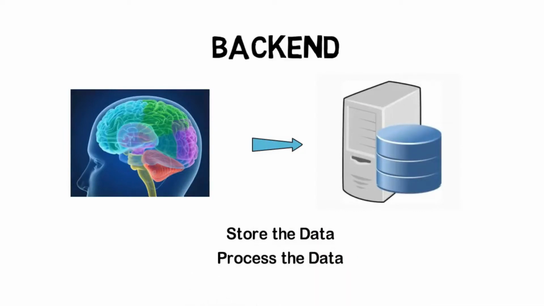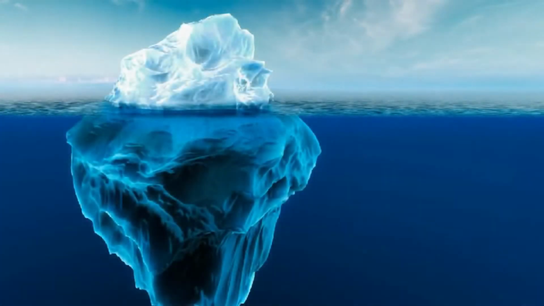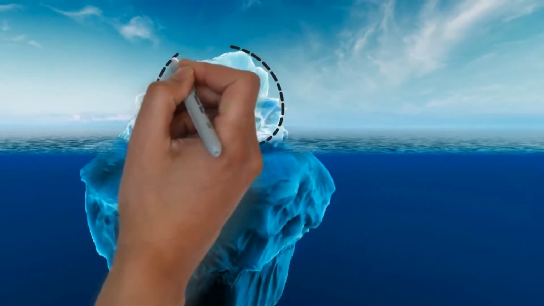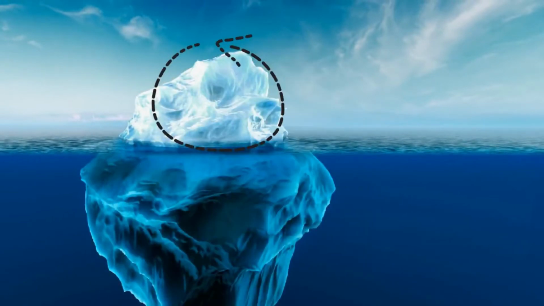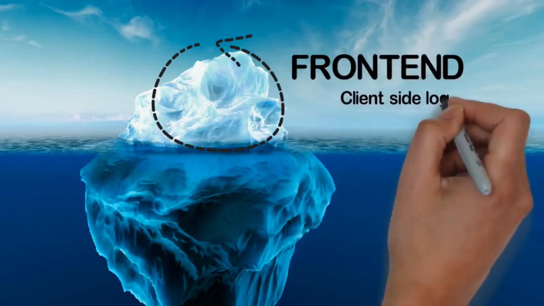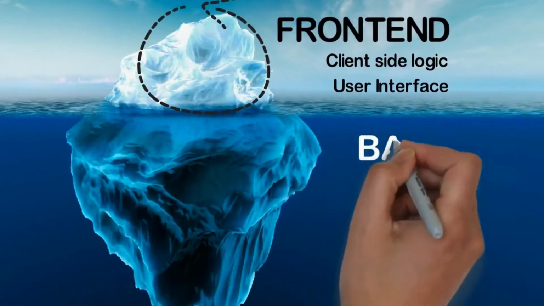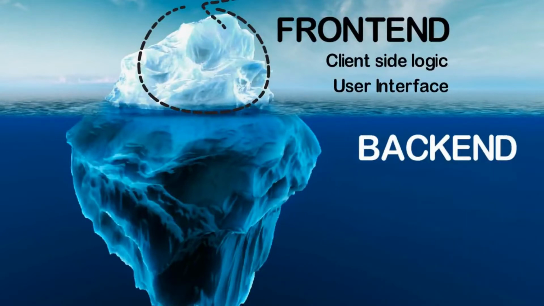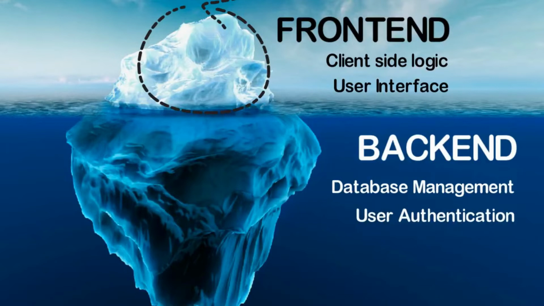To compare the front end and back end, let's take the example of an iceberg. As you can see, only a small portion of the iceberg is visible from outside and can be referred to as the front end, which usually involves direct user interaction, whereas back end, which is also a major portion of the iceberg, is hidden and is something that happens behind the scenes and can include things like database management and user authentication. So backend development refers to the development process that happens on the server and is not visible to end users like us.